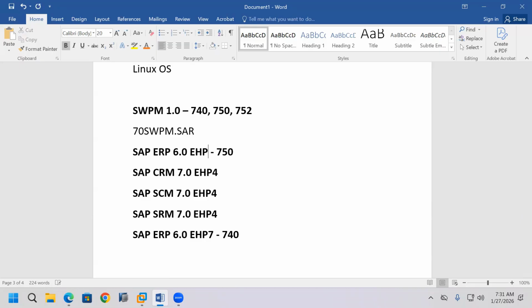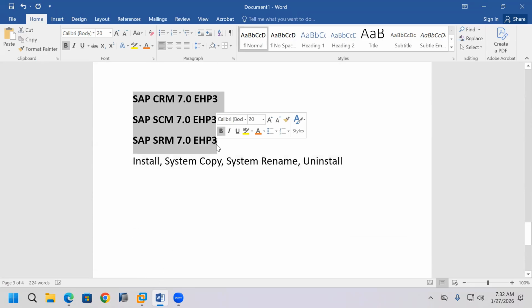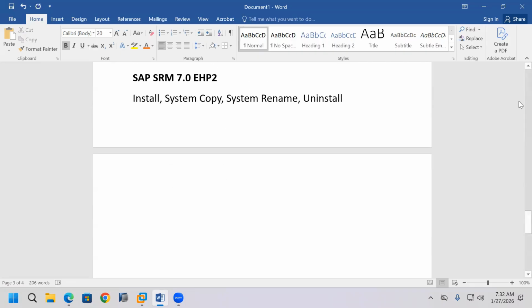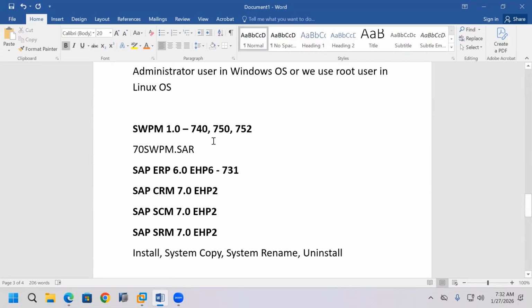SAP ERP 6.0 EHP6, it is the 731 release. EHP2. Only this one. When we use the Software Provisioning Manager 1.0 70 SWPM.sar file, it means SAP ERP 6.0 EHP6